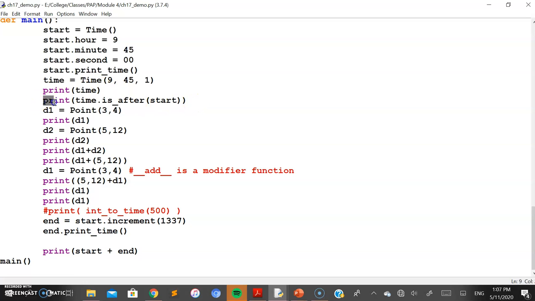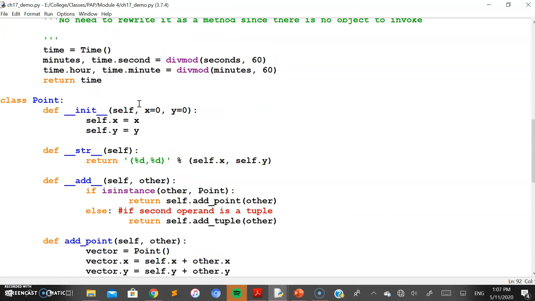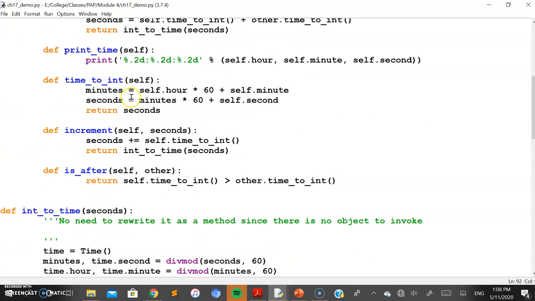So following that, we have one more method to be invoked here. A print is used with time as an object, but one function has been called here, which is is_after, by passing start as another parameter to this function. That means time.is_after with start as another parameter. It is going to check whether the time is followed by the start or not. So there are two time objects here, start and time. Those two are passed to this function is_after. So before printing, it is just going to pass the execution to the is_after function here.